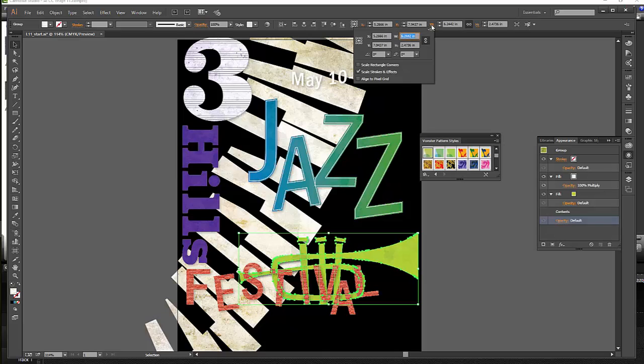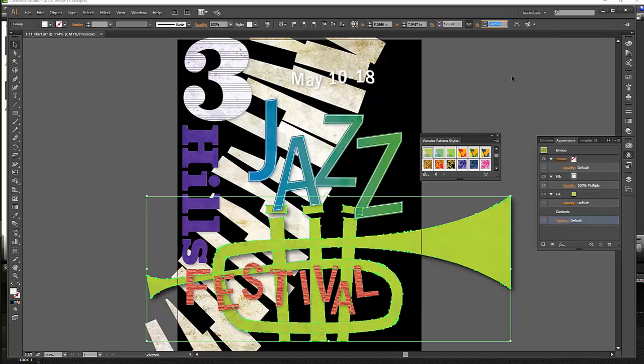It's going to bring up your transform panel, and it doesn't matter which one. You get the same dialog box. Make sure that the height and width are linked, so you want the link to be connected. And actually you could have done this right up here by linking and typing into the width section right up here. In fact, I'm going to do that, because all I need to do is select this and put in 12.7. I'm making sure that this is selected, and I hit my tab, and it's going to automatically resize my